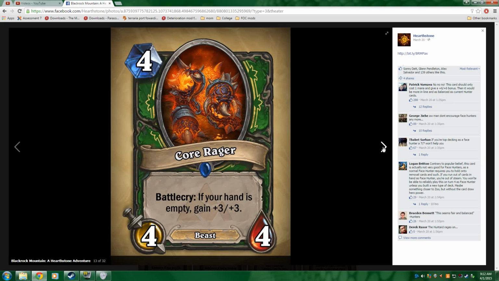Core Ranger, Battlecry: If your hand is empty, gain +3/+3. Even some of the most extreme Face Hunter decks don't generally empty their hand, purely because they're saving something like an Iron Beak Owl so that they can keep hitting the face. Like, you play a Sludge Belcher, they still have a couple cards in their hand. One of them is like an Iron Beak Owl because they're saving it to essentially remove a creature on the board that will prevent them from hitting the face. So I don't know where this card...